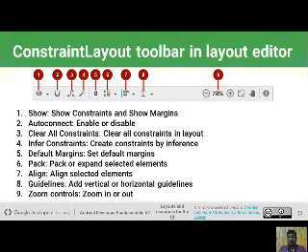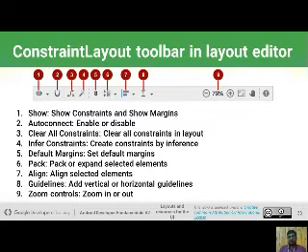Next is the constraint layout toolbar in the layout editor. It is a separate toolbar for constraints which has these types of elements. First is show constraints and show margins.